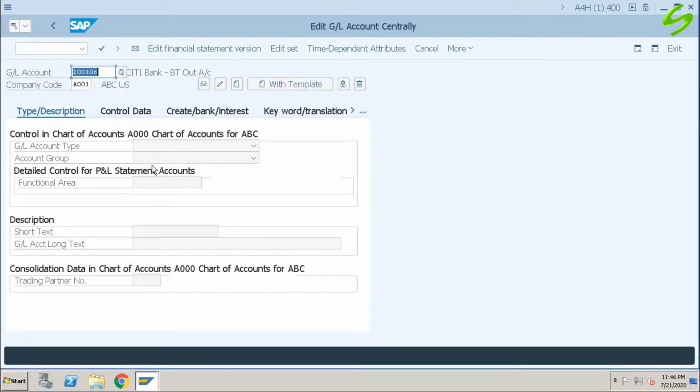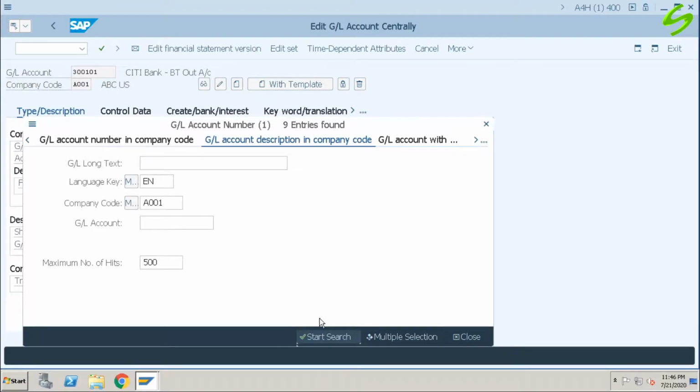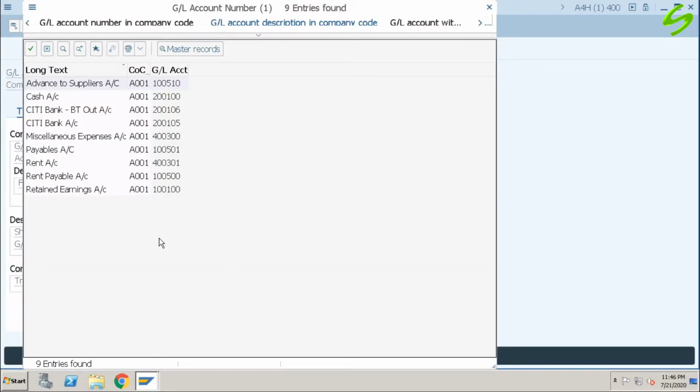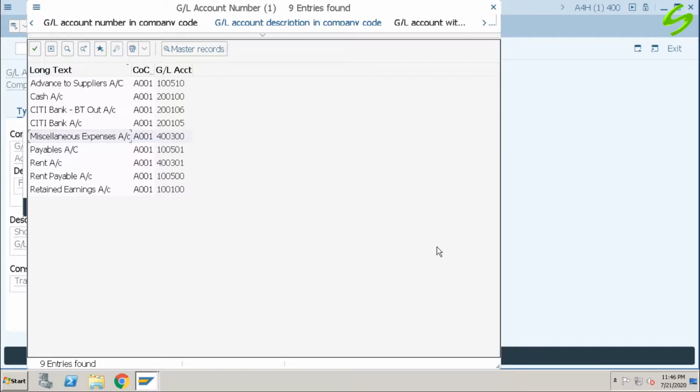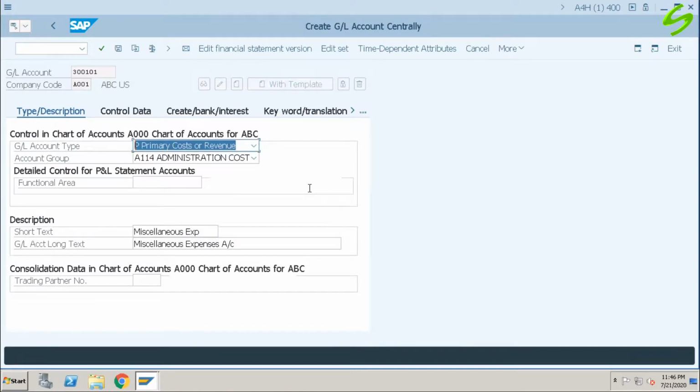Let's create a GL account, 300101, with template. Let's select the GL account that we already have. Select miscellaneous expenses. Continue.